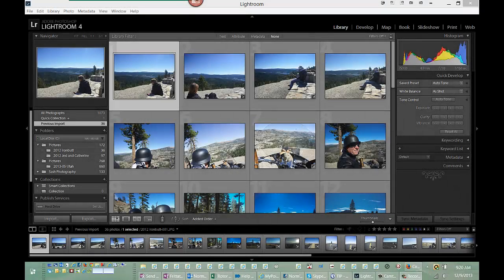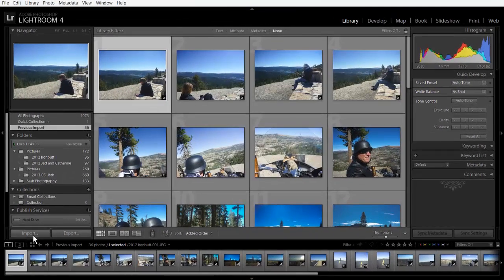In this video, we're going to cover some of the basic import functions within Lightroom. So I have my Lightroom catalog opened right here, and I've got an SD card inserted into the computer, and I'm just going to go through and do some import. So we're going to click on Import,